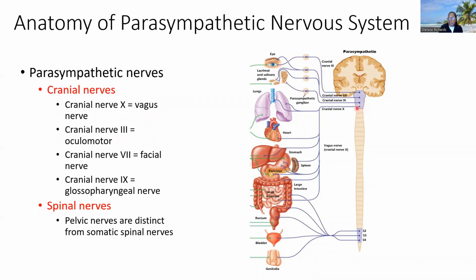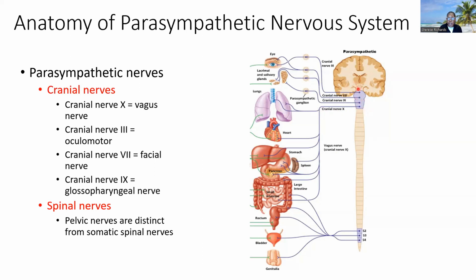Cranial nerve 10 being the vagus nerve. If you forget all of your cranial nerves, vagus is the one to remember. It's the most important one. It's the longest of the cranial nerves, and it does the most, right? It's going to innervate your lungs, your heart, your stomach, all the way through to the proximal part of your small intestines, right? So the vagus nerve is basically going all the way through to the upper part of your gastrointestinal tract. And so that is also going to be the 4th cranial nerve that is involved in the